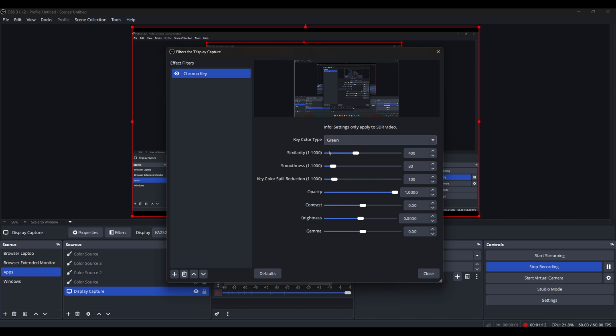And that's it. You've successfully applied a filter to your source in OBS Studio. Remember, the right filter can dramatically improve how your audience perceives your video content. As you get comfortable, you'll also find combinations of filters that work well together, adding depth and polish to your projects. Thank you for watching, and I hope you now feel more confident about using filters in OBS to elevate the quality of your streams.